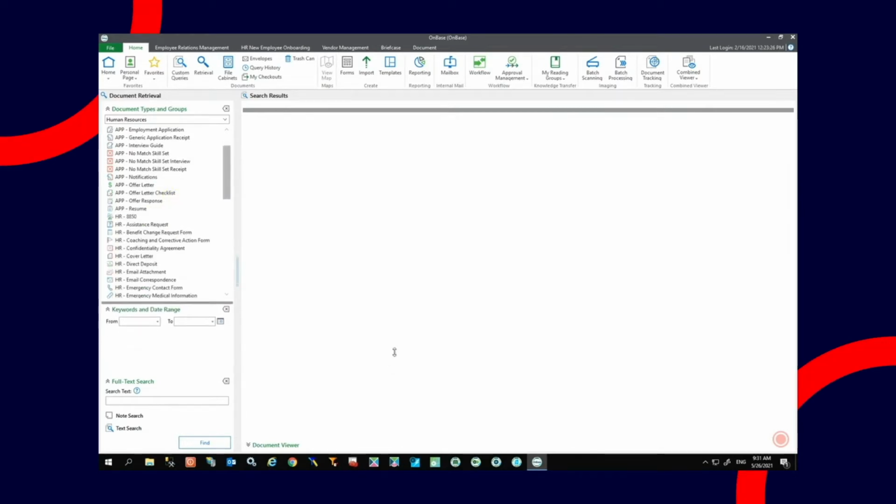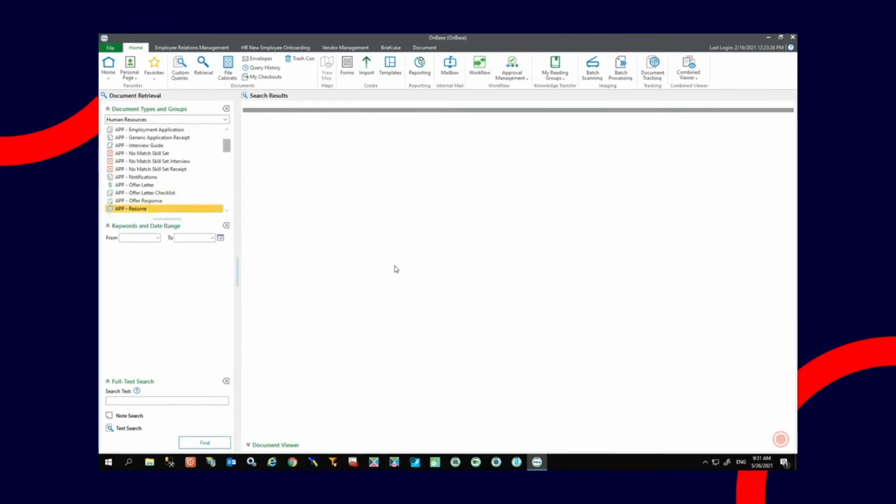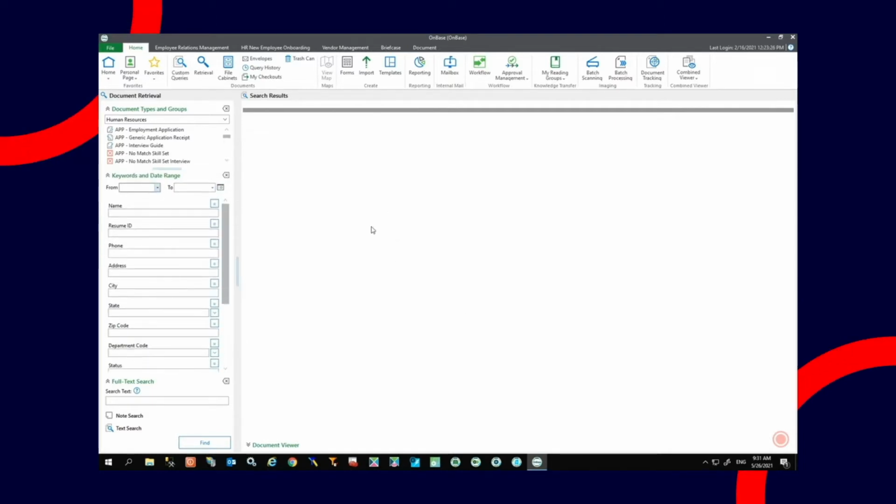And once I select my document type, I'll see the full range of keywords that I'm able to filter my results with. Things like a name, phone number, address, and even a date range. I'm going to start by adding a date range filter between 2016 and 2021 so that I'm searching all resumes within a 5-year period. And then I'm going to enter Jane Harper as the first name I'm going to search